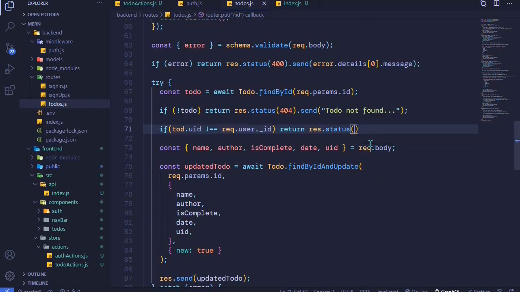So right here I'll say 401, which means not authorized, and then we can send this message with send. I invoke it and I'll say todo update failed,